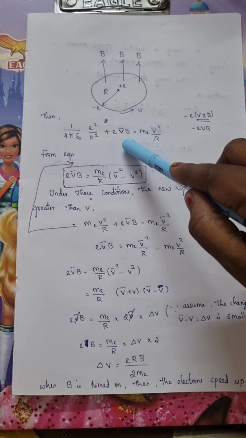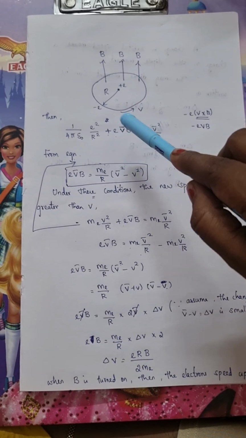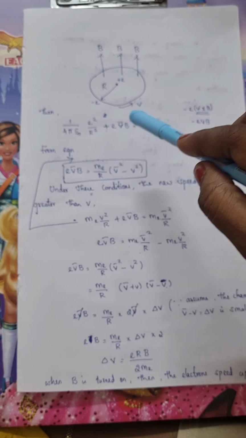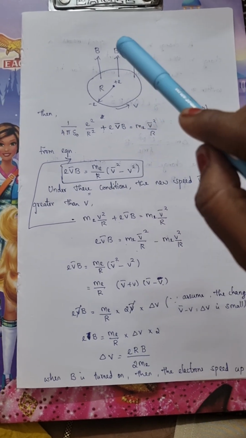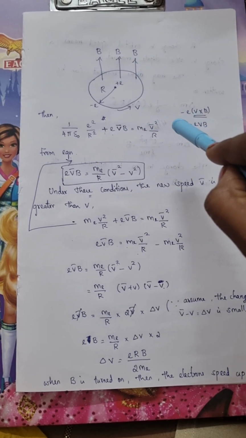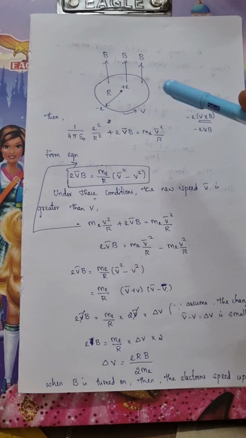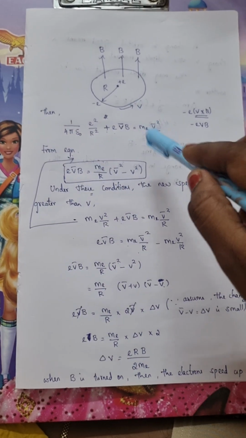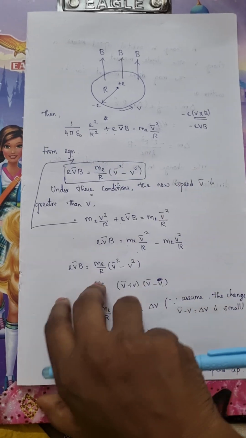Here we write e v bar B because the magnetic force is perpendicular to the velocity. So the velocity changes in direction but the magnitude is not changed. So the result is uniform circular motion. So the v cross B becomes vB. So combine this equation with